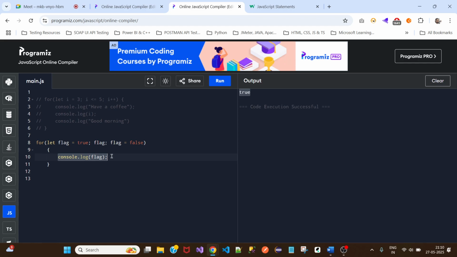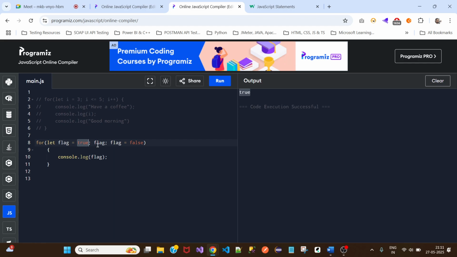and we have not used an increment or decrement process. We always start with this. The first one is the start. Here it is true, and since there is no incrementation or decrementation, we will stop there at true. It's not about incrementation or decrementation here, okay? Because this is a boolean value, we cannot increment or decrement a boolean value. It is only a number which we can increment or decrement. As this is a boolean value which we cannot increment or decrement, what we did is,